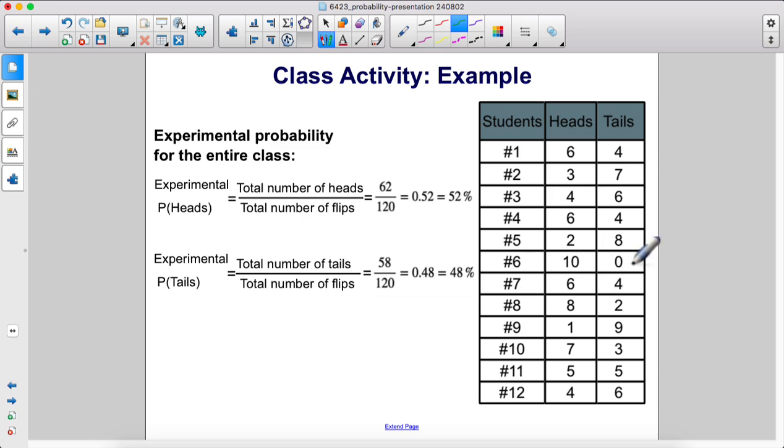But that's an anomaly. If you actually average them all out, so 12 students flipping a coin 10 times is 120 coin flips. And so if you sum up all of the heads of those 120, you get 62 that landed on heads. That's 52%. If you sum up all the tails, 58, and put that over 120, the total number of flips, you get 48%. And what's cool is that the more trials you do, this will get closer to 50%, this will get closer to 50%, right? This will decrease a little bit, this will increase a little bit with the amount of